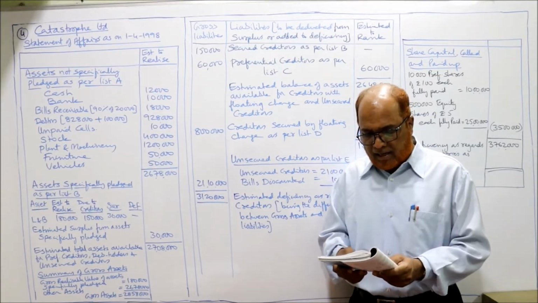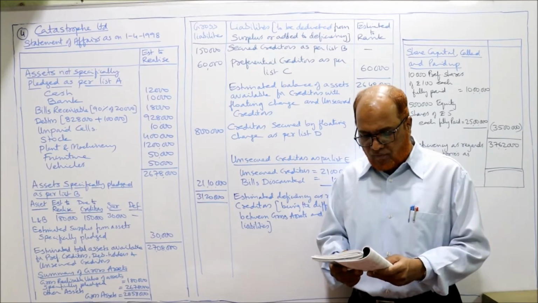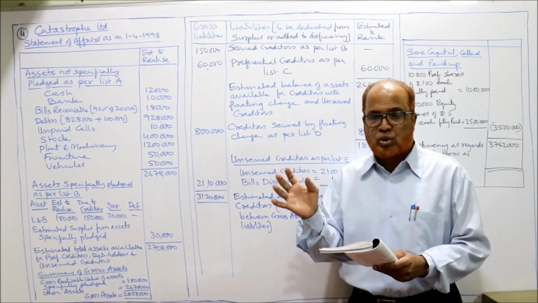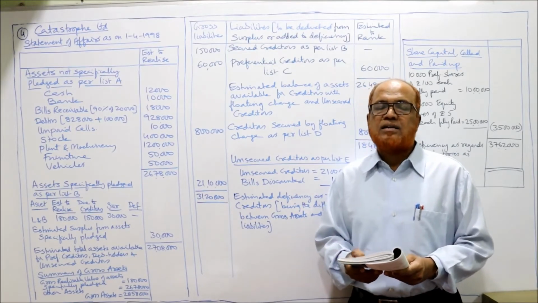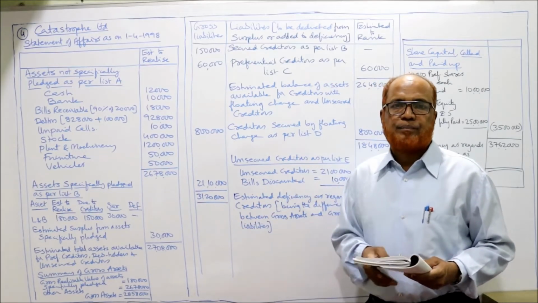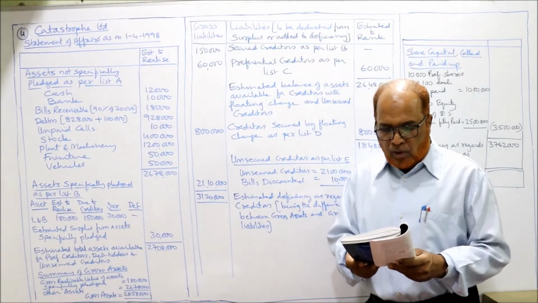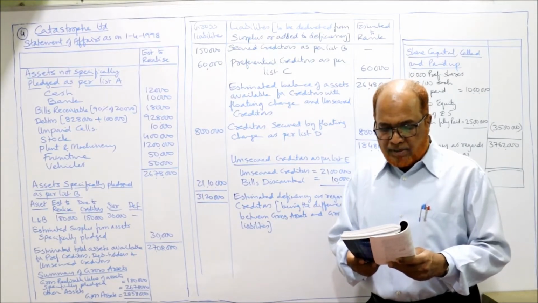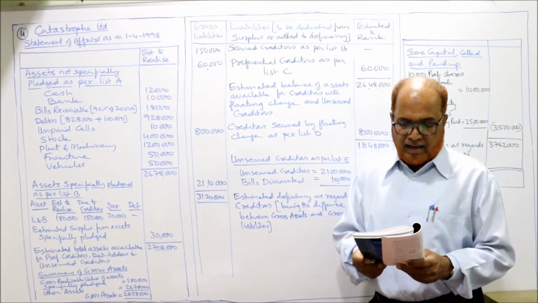Plant and machinery 12 lakh realizable value. Furniture 50,000. Vehicle 50,000. Stock 4 lakh. Only realizable value we should take. Book debts. Book debts good are 8,28,000. Good debts definitely means recoverable. That means estimated to realize 8,28,000, and doubtful are 1 lakh, and estimated to realize book value is 1,50,000, estimated to realize is 1 lakh.